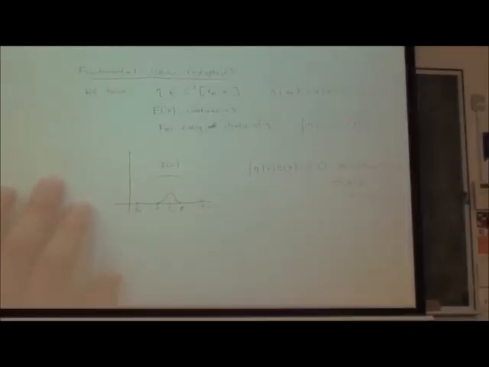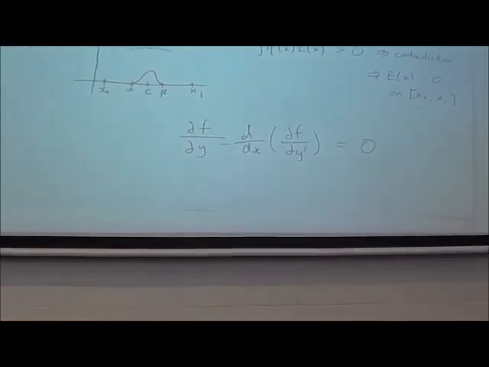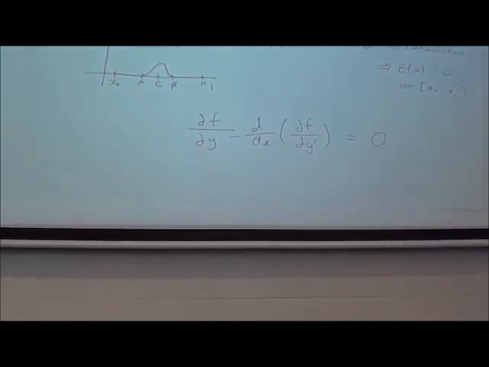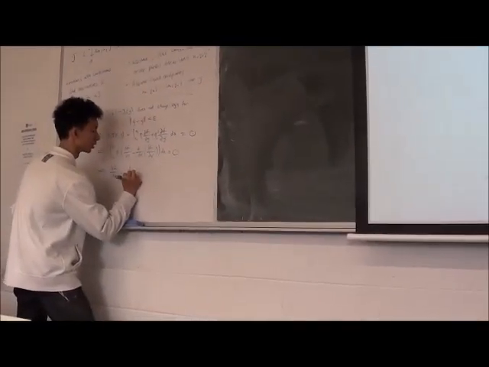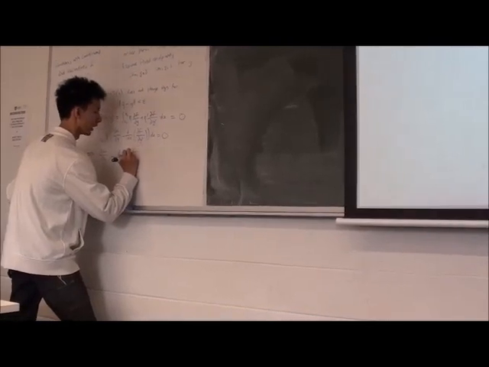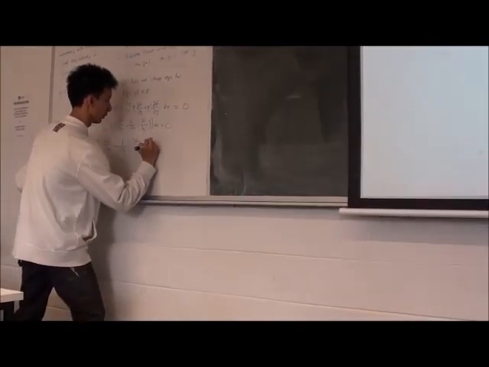So are there any questions about this? If e of x equals 0, then we have this equation here. And this is the final step in our proof. This equation here is called the Euler-Lagrange equation. And if you follow this through,